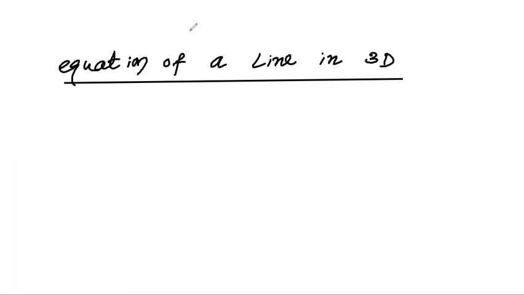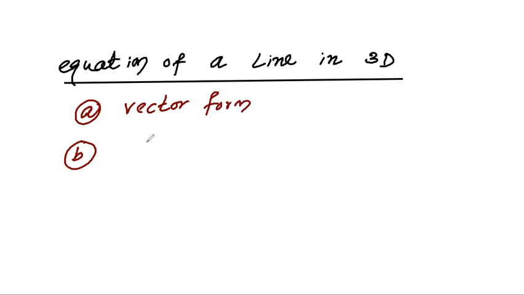We always denote the equation of a line in 3D in two formats: vector form and Cartesian form. So we will discuss the equation of a line in 3D in two formats. The first format is vector format and the second is Cartesian format. I think it's clear for you. We can discuss them one by one. So the first case,